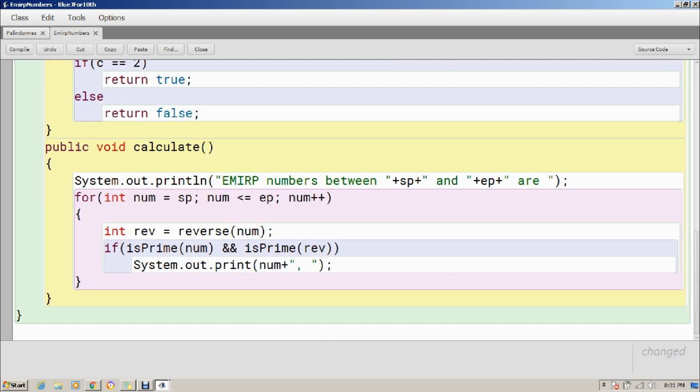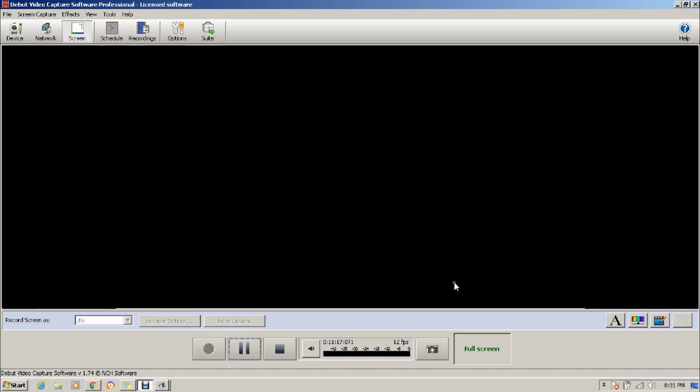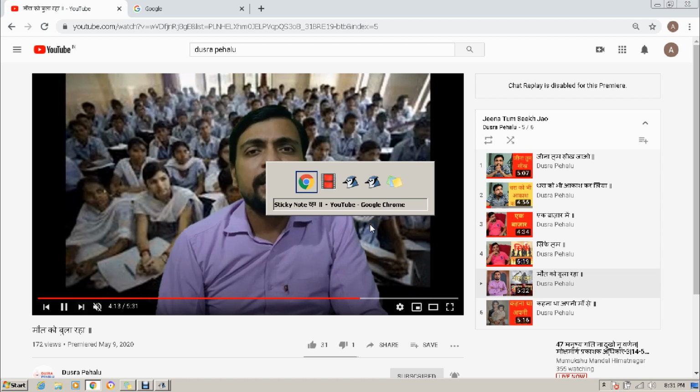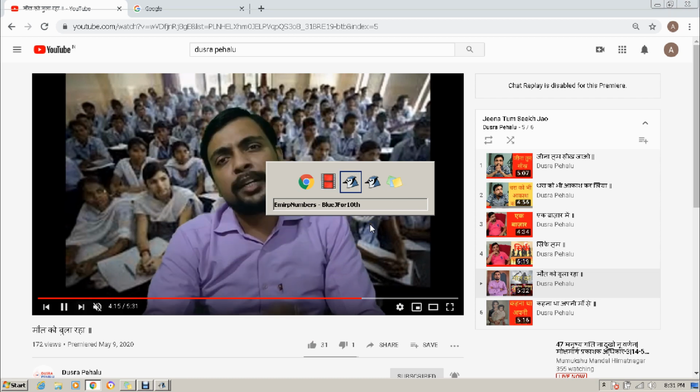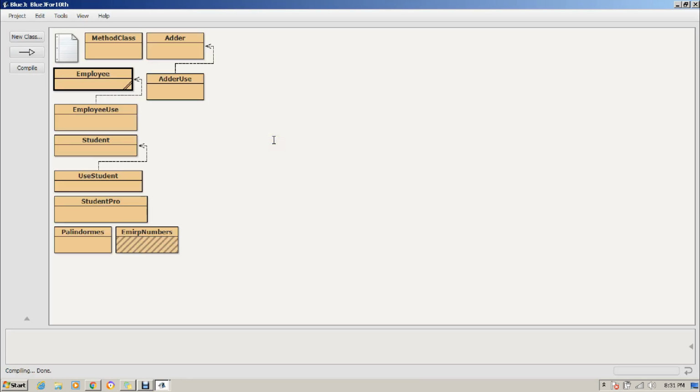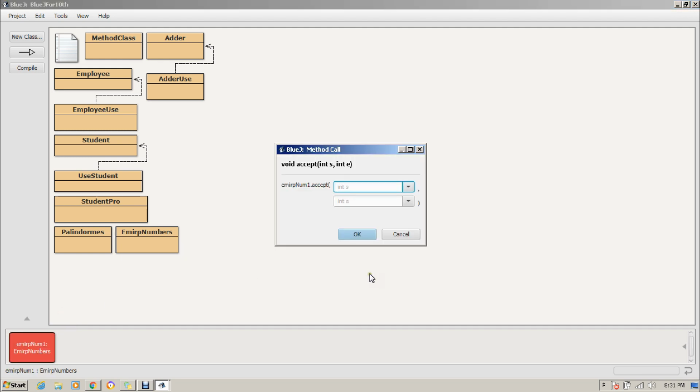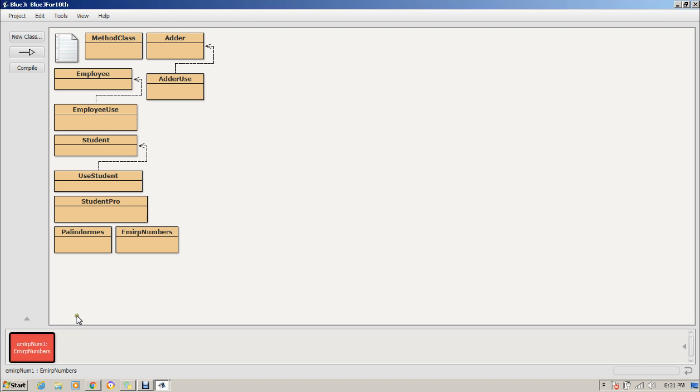I hope you got this. So let's see. Here it is. Compile it, now create the object, now call the method. So accept 1 and 500, right click and calculate.